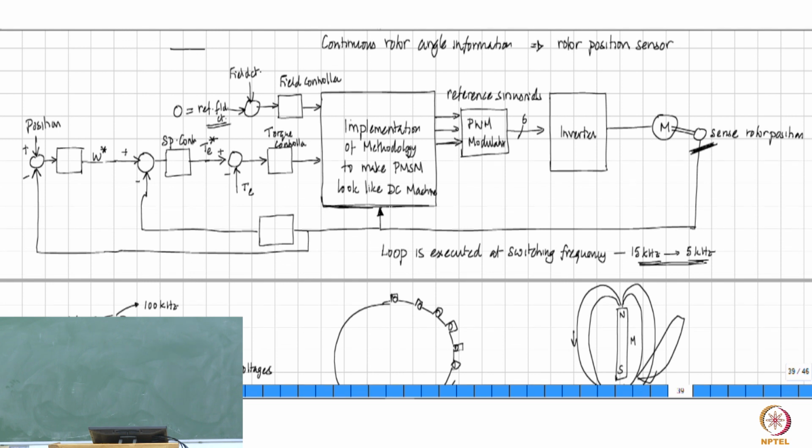Note that in the case of a sinusoidal EMF AC machine, you don't need Hall switches like the case of the other one. Right? You don't need Hall switches here. You need the angle instant to instant, because you need to define the sinusoid by which you have to excite, and for that you need instantaneous angle, and that is being implemented by having these kind of mechanisms, encoders, to sense the angle.